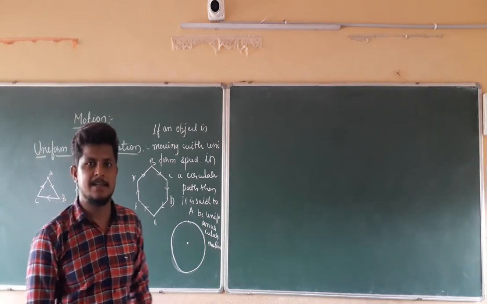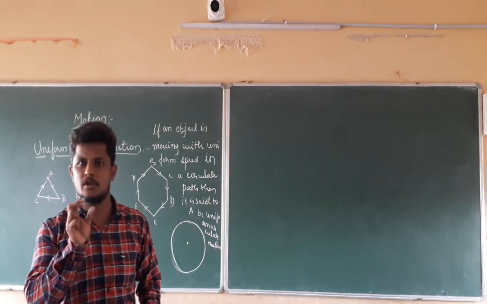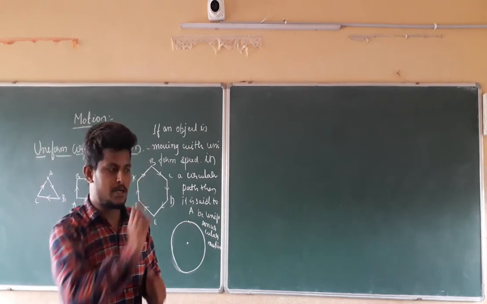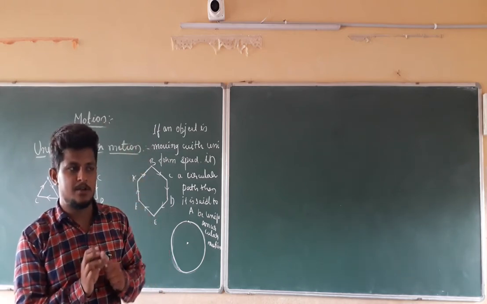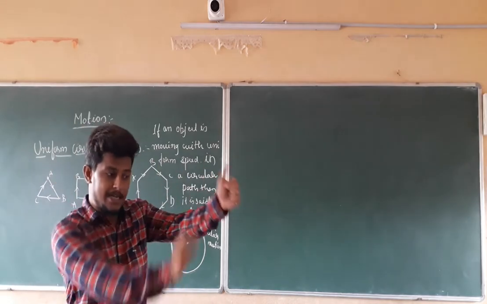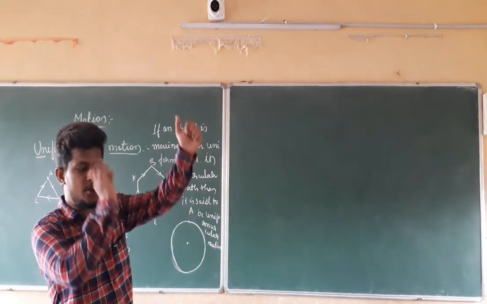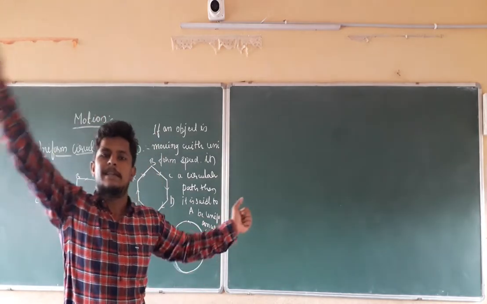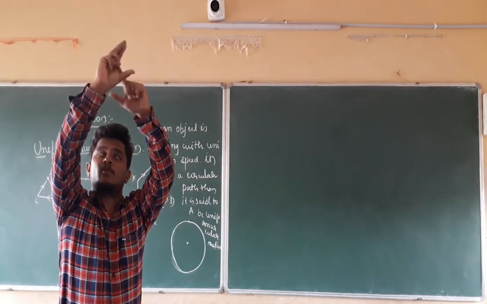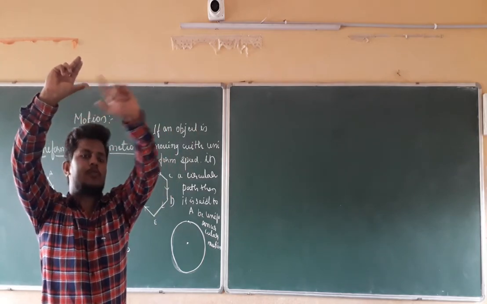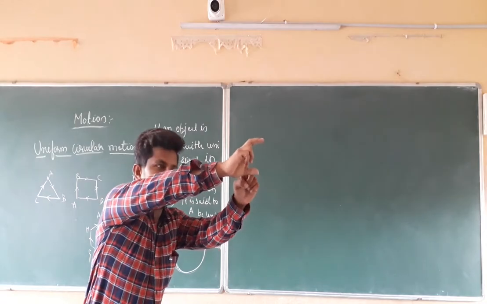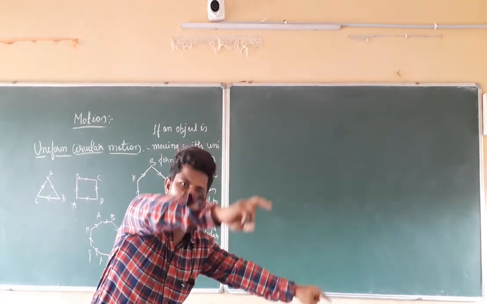In the same manner, the cricket bowler is going to give the circular motion to the ball first. He comes running, sprinting to the crease, then he rotates his hand. The point of release of the ball is like this. If the point of release is at this point, the ball is going to move in this direction only. If the point of release is in that direction, the ball is going to go in that direction only.